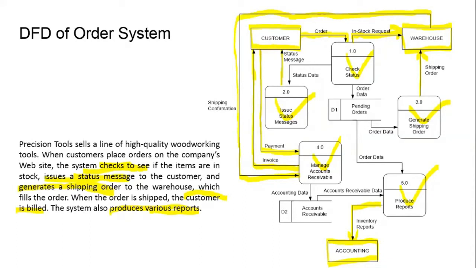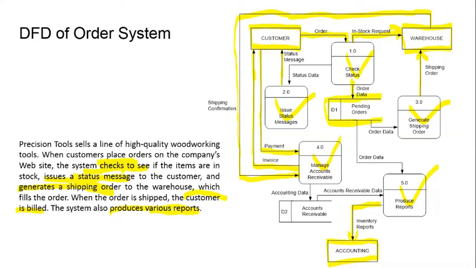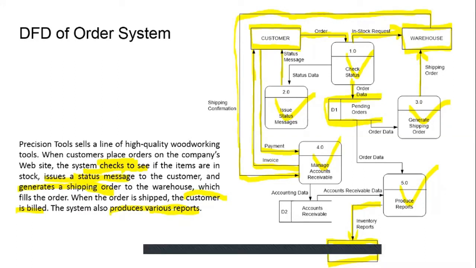Let's explore the data store that are needed in this data flow diagram. So first data store is required to make this check. To check the status, we need one data store. So one data store should be connected with the check status. So let's add one data store over here. Then another data store is required here. So this data store will be required to check this condition.